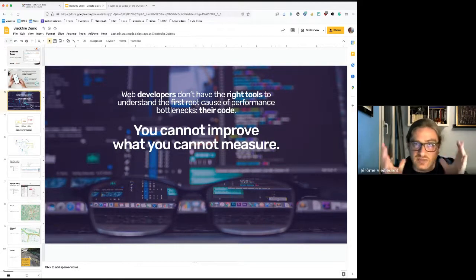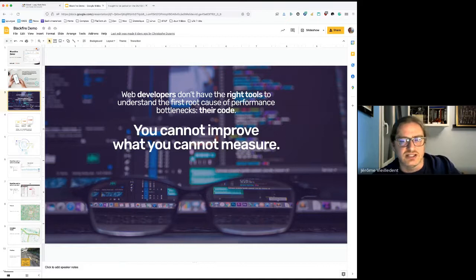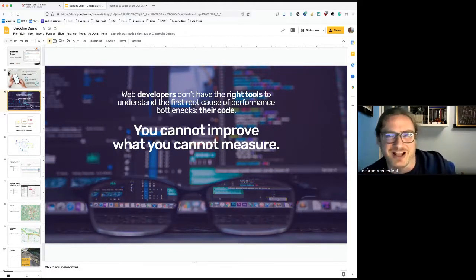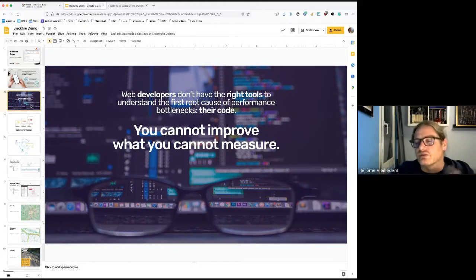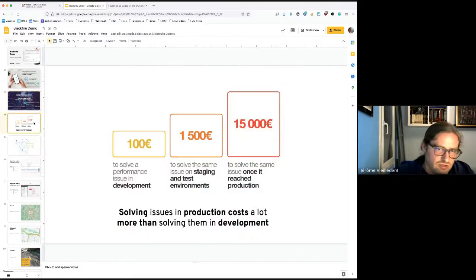It gives you these bionic glasses, giving you the ability to actually see how different components of your application are interacting with one another. And this is really precious. It's like having the supervision of Superman somehow.